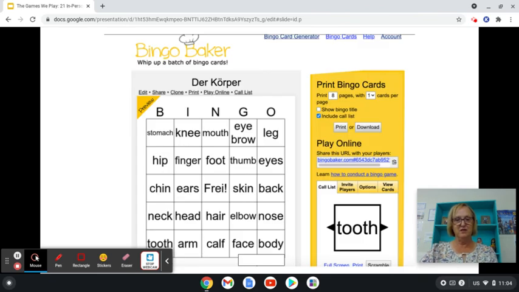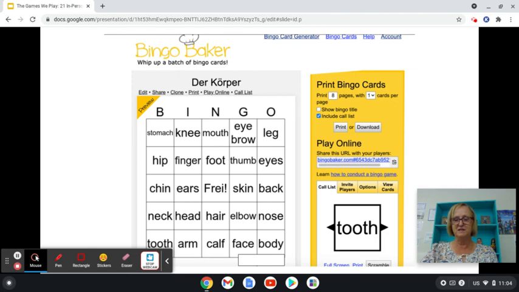Speaking of bingo, you can play bingo with the bingo machine, or you can do the tech version. This is called bingobaker.com. It is free. You can get a paid version if you want to save your bingo games, but it doesn't cost much. It's like $12, I think, and it's a lifetime thing, not per year. You simply type in the words, and then you get a link, and you post the link on your Google Classroom or just write it on the board.